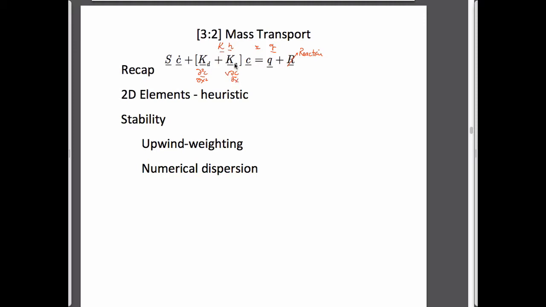We have an additional term which is for this advective component. And if we look at this, then the only extra component we need to accommodate is this advective term,